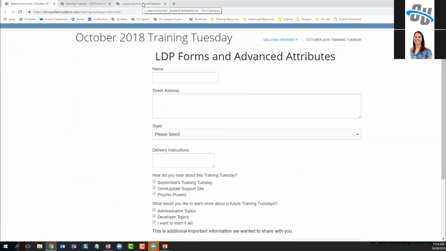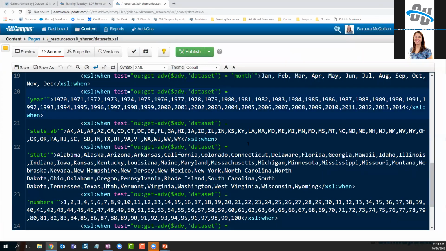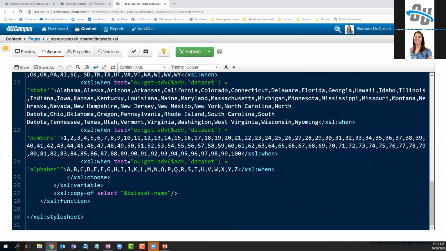All right, excellent. Back to this datasets XSL, let's talk about creating your own datasets, because there may be chunks of options that you want to use over and over. I often see this used when particular schools use a listing of programs and use a listing of buildings or things that are common on campus. So in order to create a new data set,